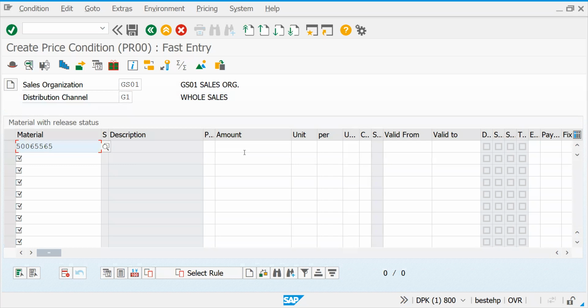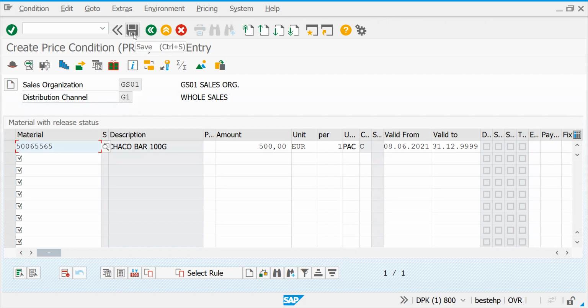so the material code is this one. Let me put some 500 euros, just keeping this. Okay. This is how you are maintaining this condition. This condition is talking about the base price. In a similar way, you have to maintain discounts also.